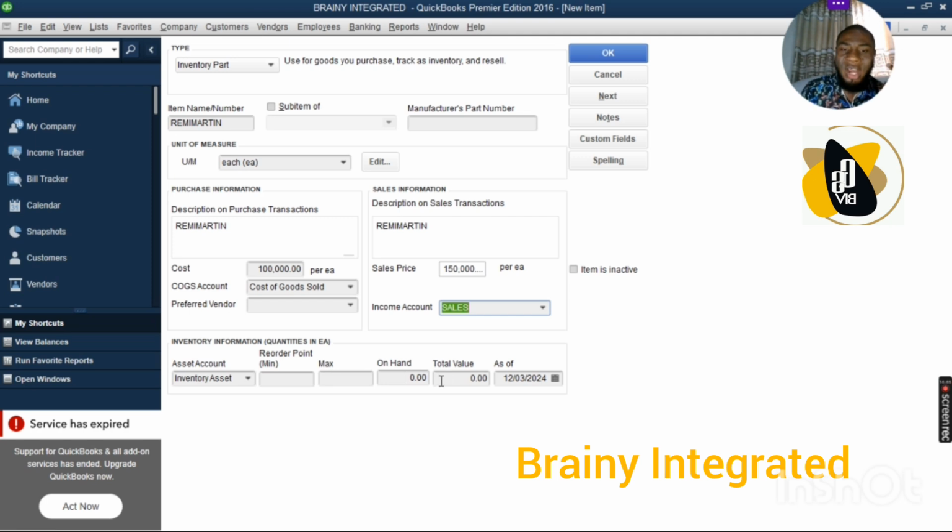We have stock on hand. We have total value as of this date. So when you see reorder points, we are looking at the minimum stock level. When we talk about minimum stock level, that is the level that stock or inventory is not expected to go below, because if inventories go below that level, a series of havoc